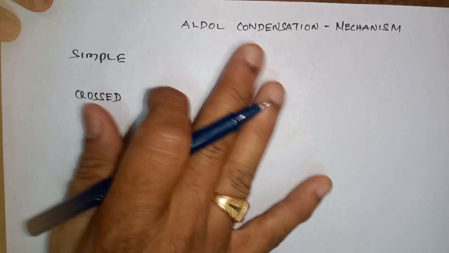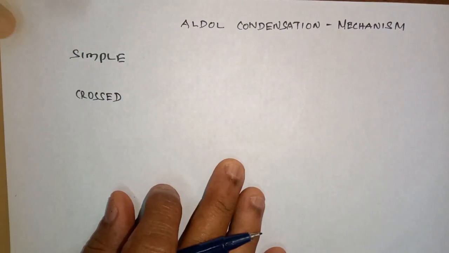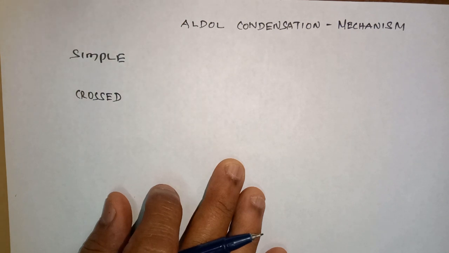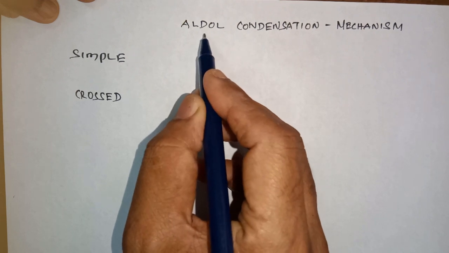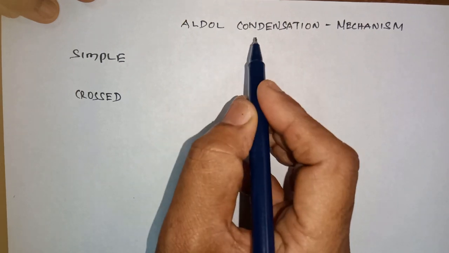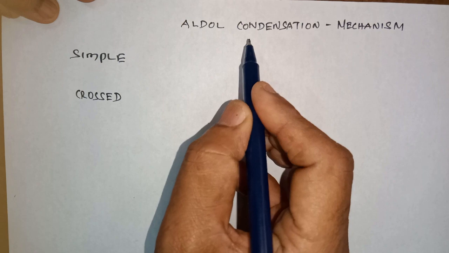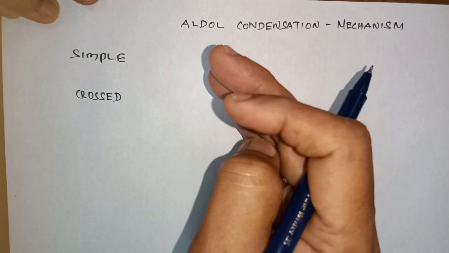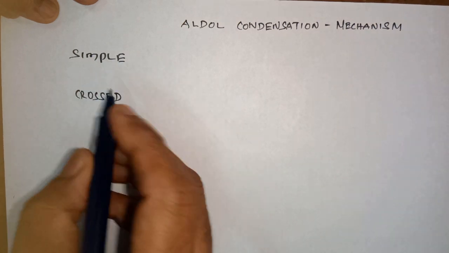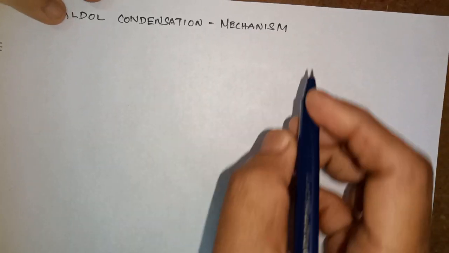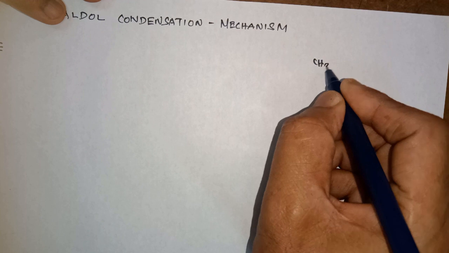Generally, what is called aldol condensation reaction? Do we have any condition for the carbonyl compounds to involve in aldol condensation reaction? It's a type of reaction in which aldehydes and ketones which have alpha hydrogens are involved. In the simple type, suppose I take